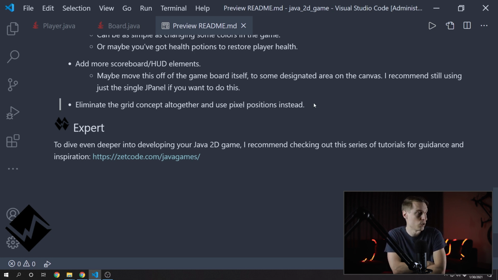And finally, you could eliminate the grid concept altogether and just use pixel positions instead. So I added this checkerboard grid just to make some of the concepts easier. But remember, pixels work exactly the same way, it's just a giant grid. So if you can wrap your head around that, you can obviously do some pretty cool things with this higher